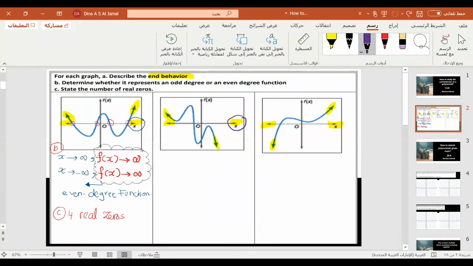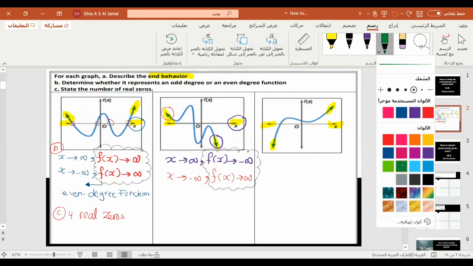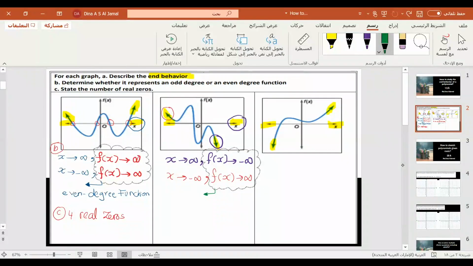As x goes to infinity, what happened to f of x? It went down. That means it is decreasing, minus infinity. Then, when your x goes to minus infinity, your f of x, it is increasing. That means it is infinity. And now if you look at the end behavior and you compare both of them, you will be having that the end behavior are on different directions. That means it is odd degree